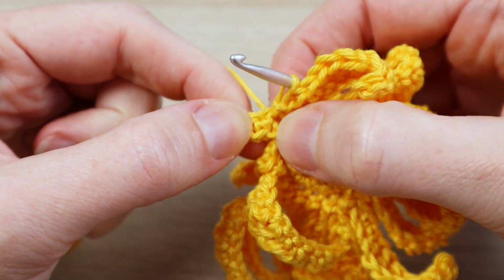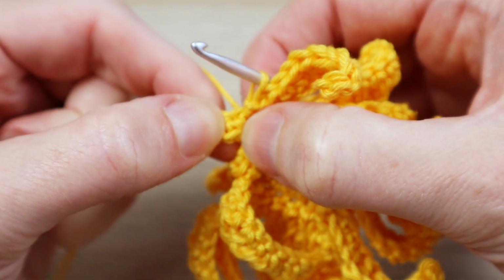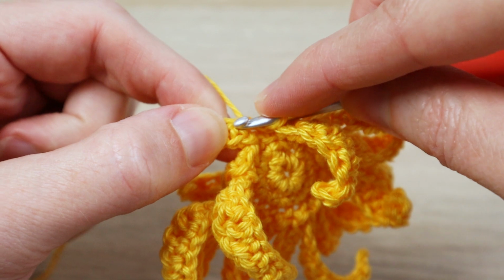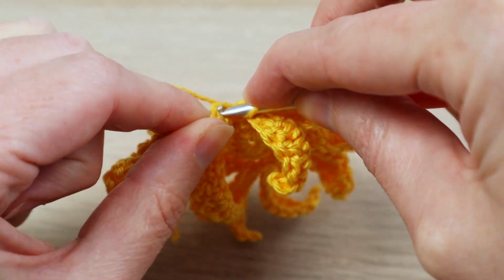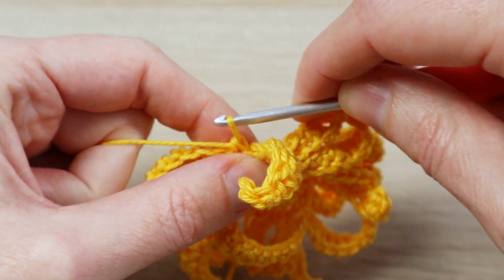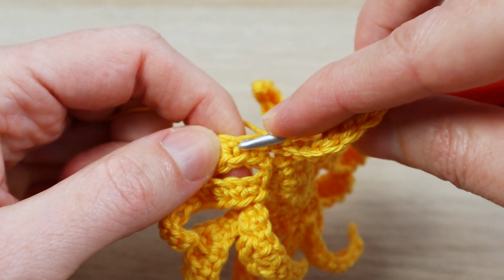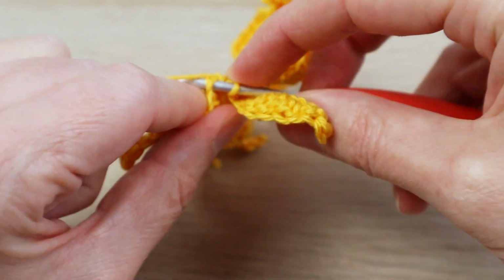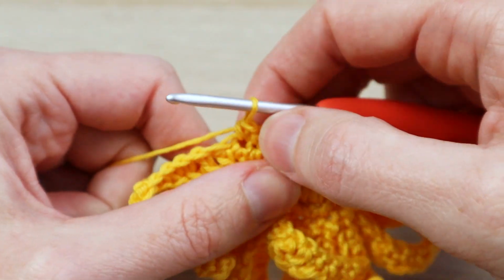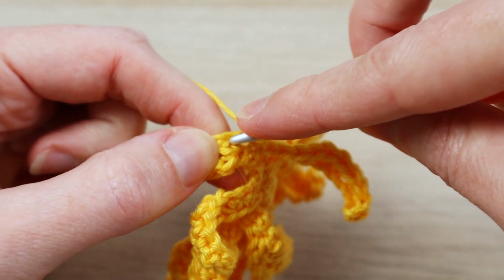Then in the next chain, just look for the single crochet, the next stitch, and just above there you should see the chain, and we just want to work into there with a single crochet. And then the next chain, there's our previous single crochet on the opposite side, just above there is our chain, single crochet, so we're going to mirror the other side. Then the next chain, it was a half double crochet,